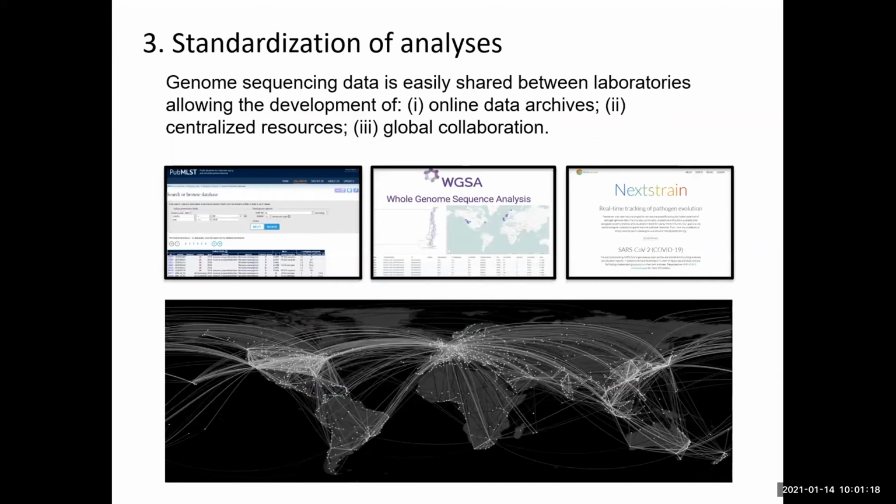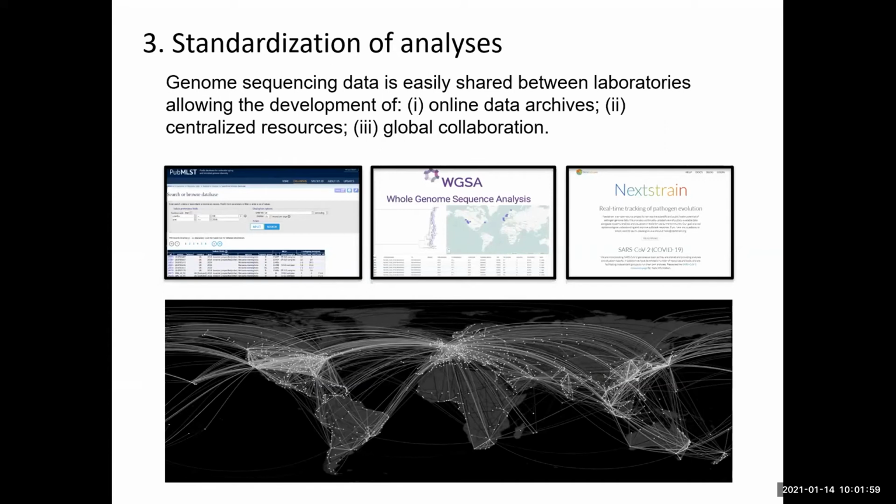And finally, and perhaps most importantly, the rise of genome sequencing as a tool for molecular epidemiology has allowed us to standardize the analyses, okay? So really what I mean here is that it's very easy to share DNA sequence data between laboratories. It's much harder to share a gel from a pulse field electrophoresis tank. You can introduce controls. Those of you that use these techniques will know, but it's very hard to share that between labs. The great thing about a string of letters that represent a DNA sequence is that they're easy to